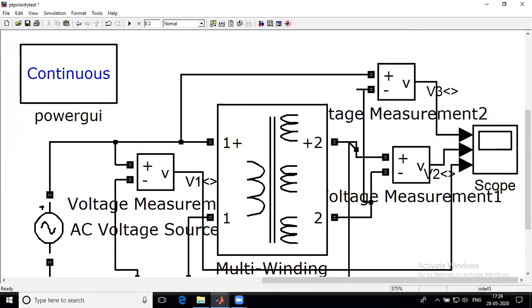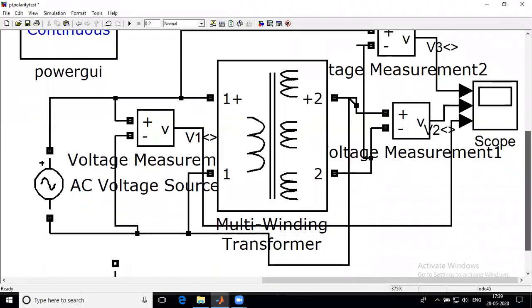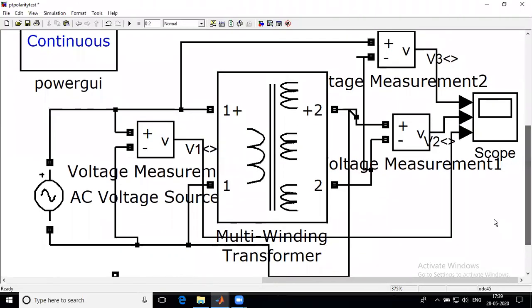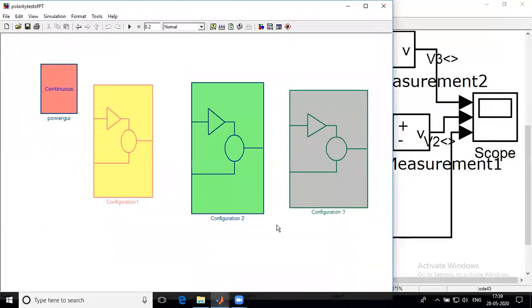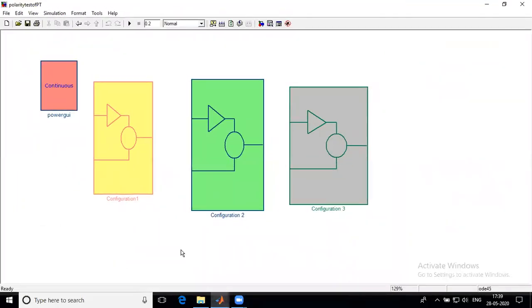That is, if V3 is the result, V1 is the primary voltage and V2 is the secondary voltage, then V3 will be V1 minus V2 for the same polarity, and for the opposite polarity it will be additive in nature, that is V1 plus V2. And the same thing can be continued on the same page.